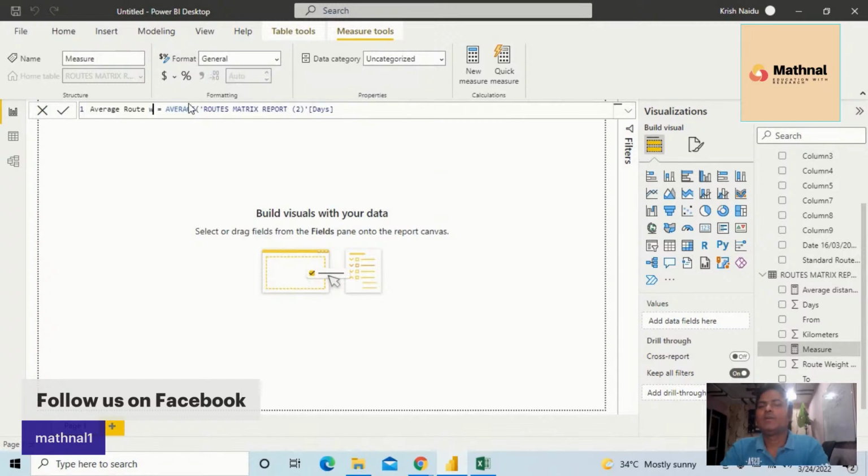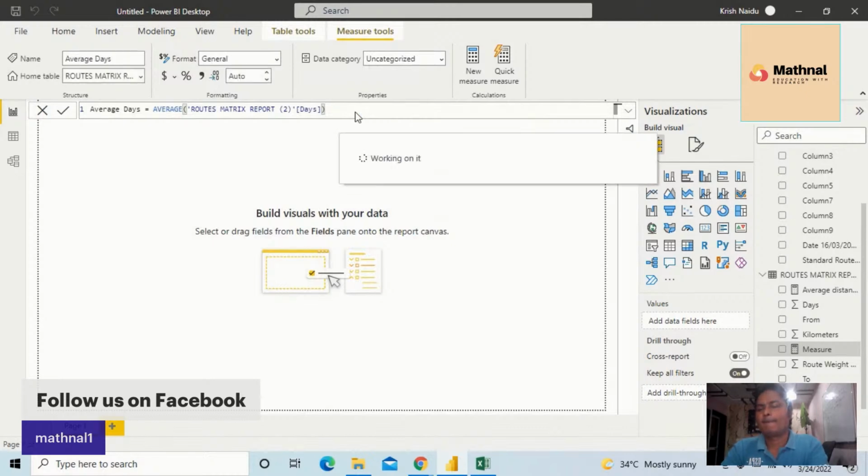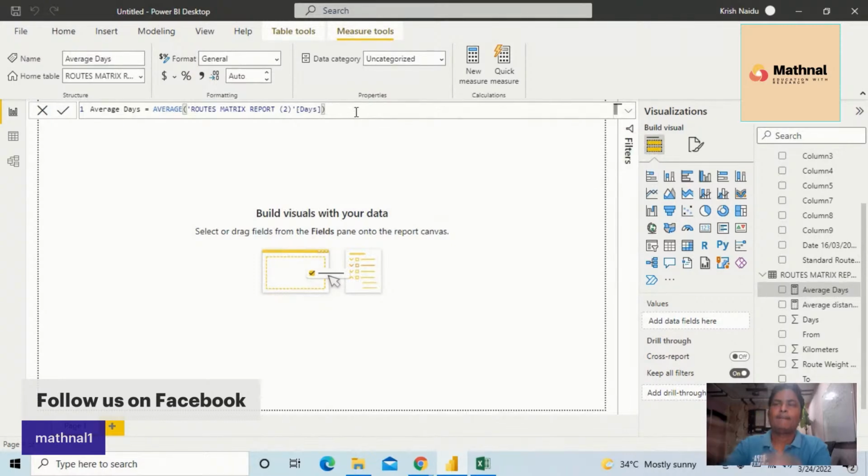So let me change it. I will not say average route weight, I will say average number of days we are taking from one route to another route. So I just close the bracket and go. So guys, I have created two KPIs with one particular file. Let me see if I can do something else. So what I will do now, I'll create